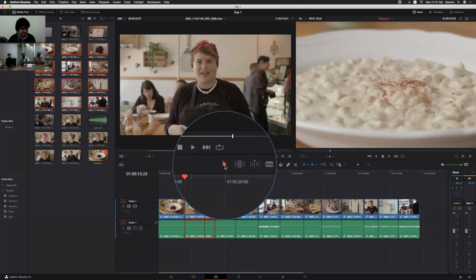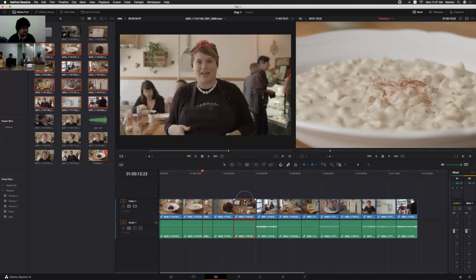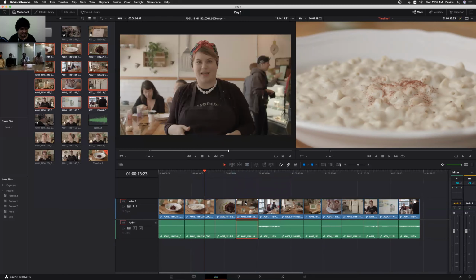So first we'll work with the selection tool. It is used to move the clips throughout anywhere, and we can use option to duplicate. It's the same in most of the editing applications, right? So overwrite kind of thing, everything.